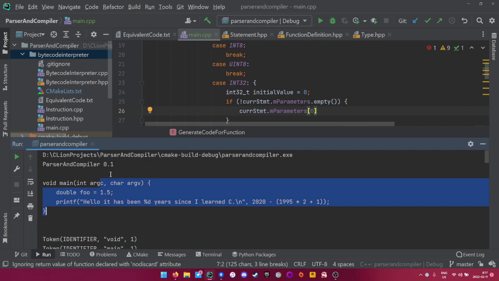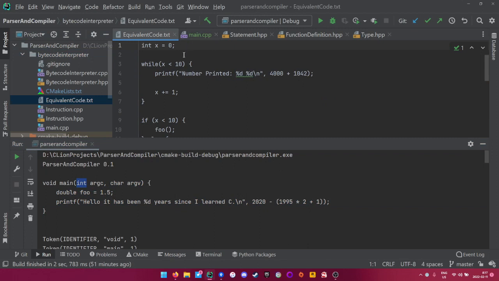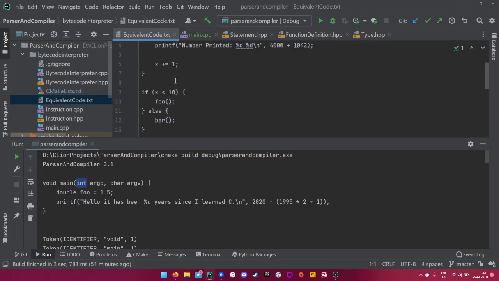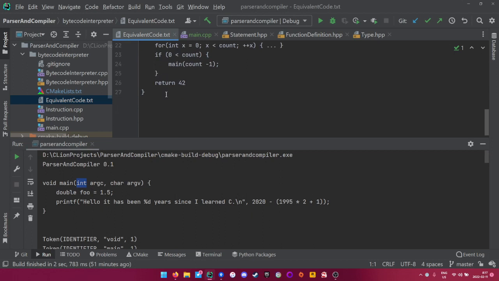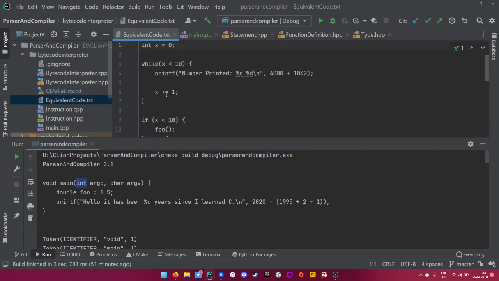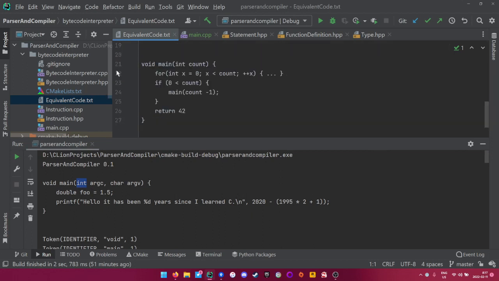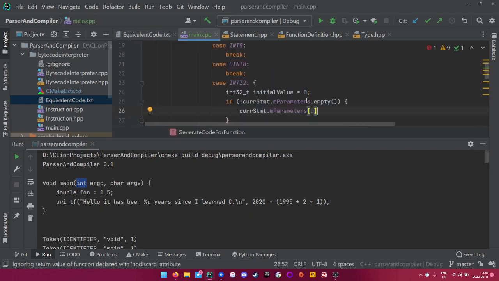So I should probably write code that is equivalent. So like here, yeah, this is actually the code that is equivalent to the code that the bytecode interpreter is running. But anyway, it doesn't really matter